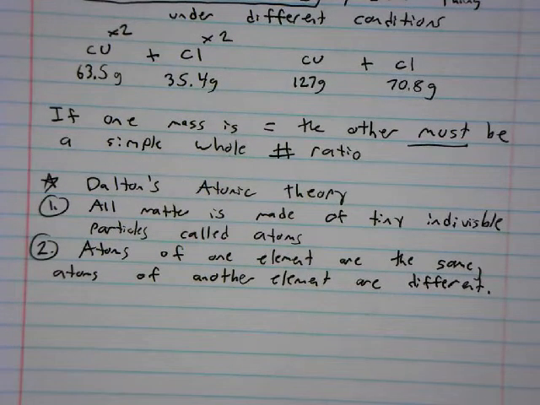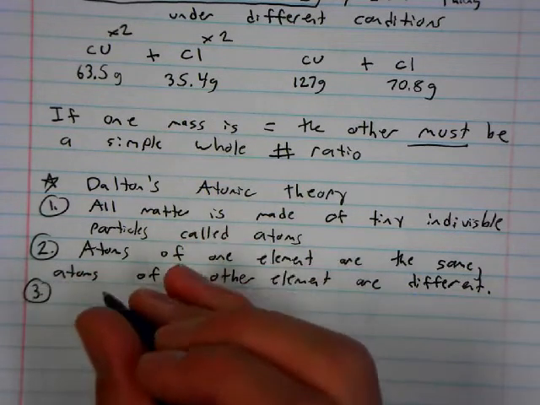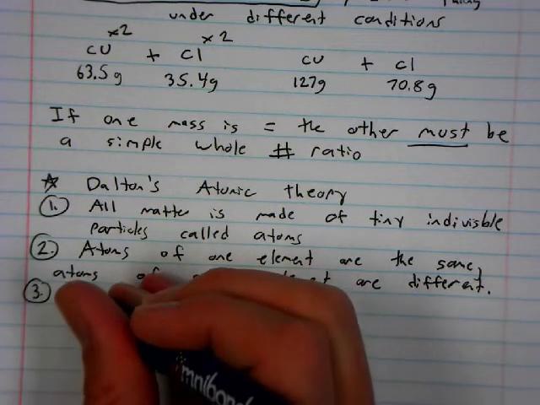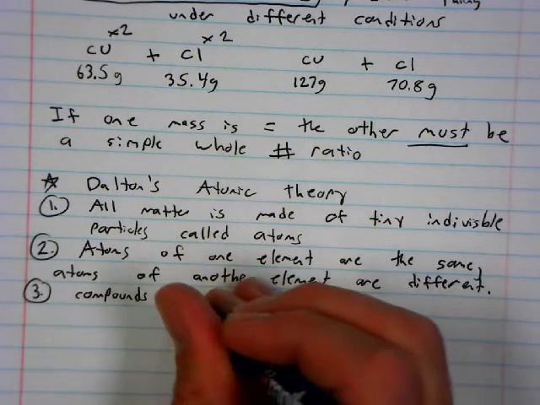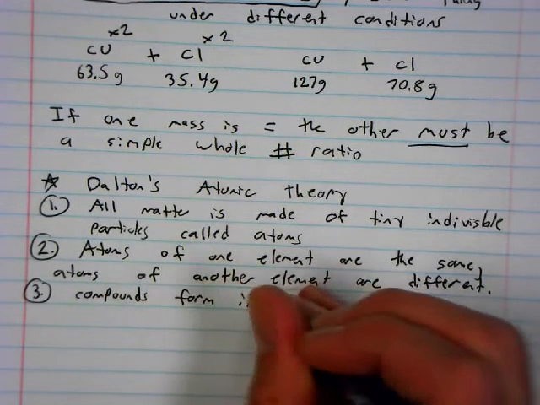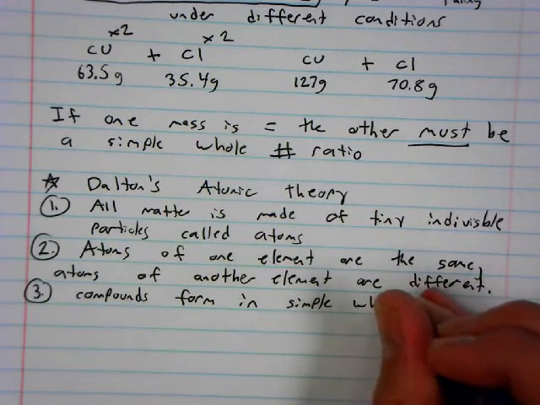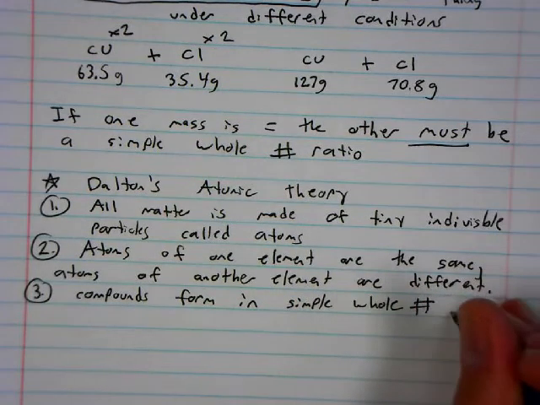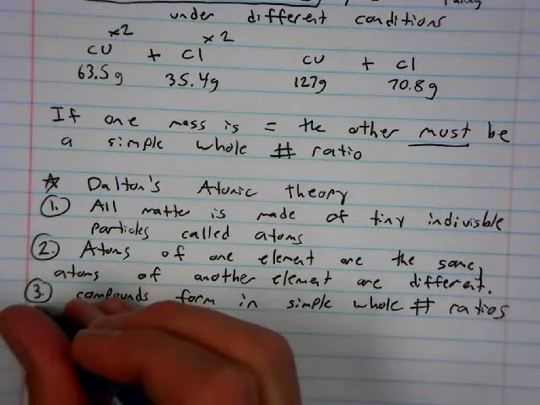So, number 1, everything's made of particles. Number 2, atoms of one element are the same, atoms of another element are different. Number 3, we've already talked about this, but now we're talking about compounds. Compounds form in simple whole number ratios,